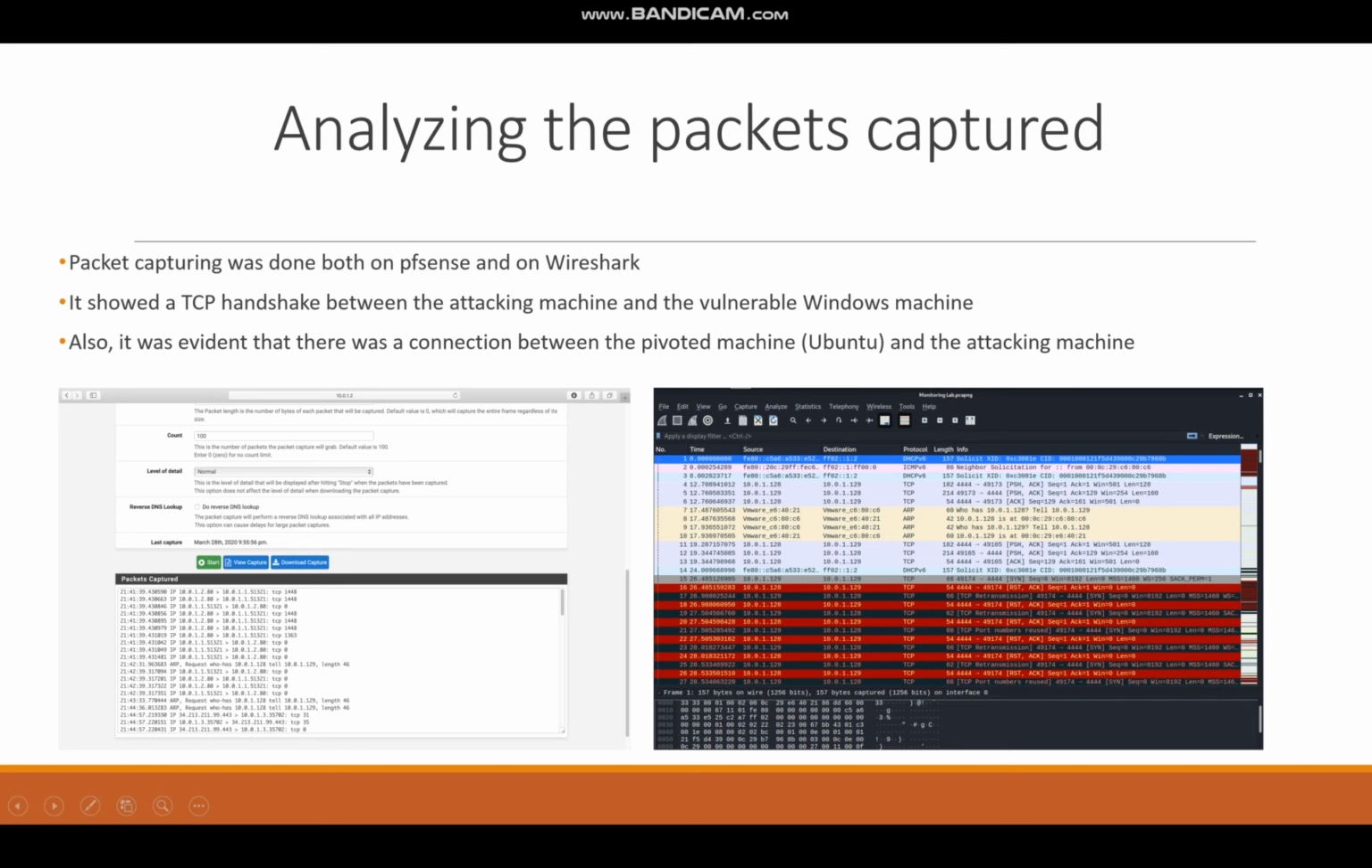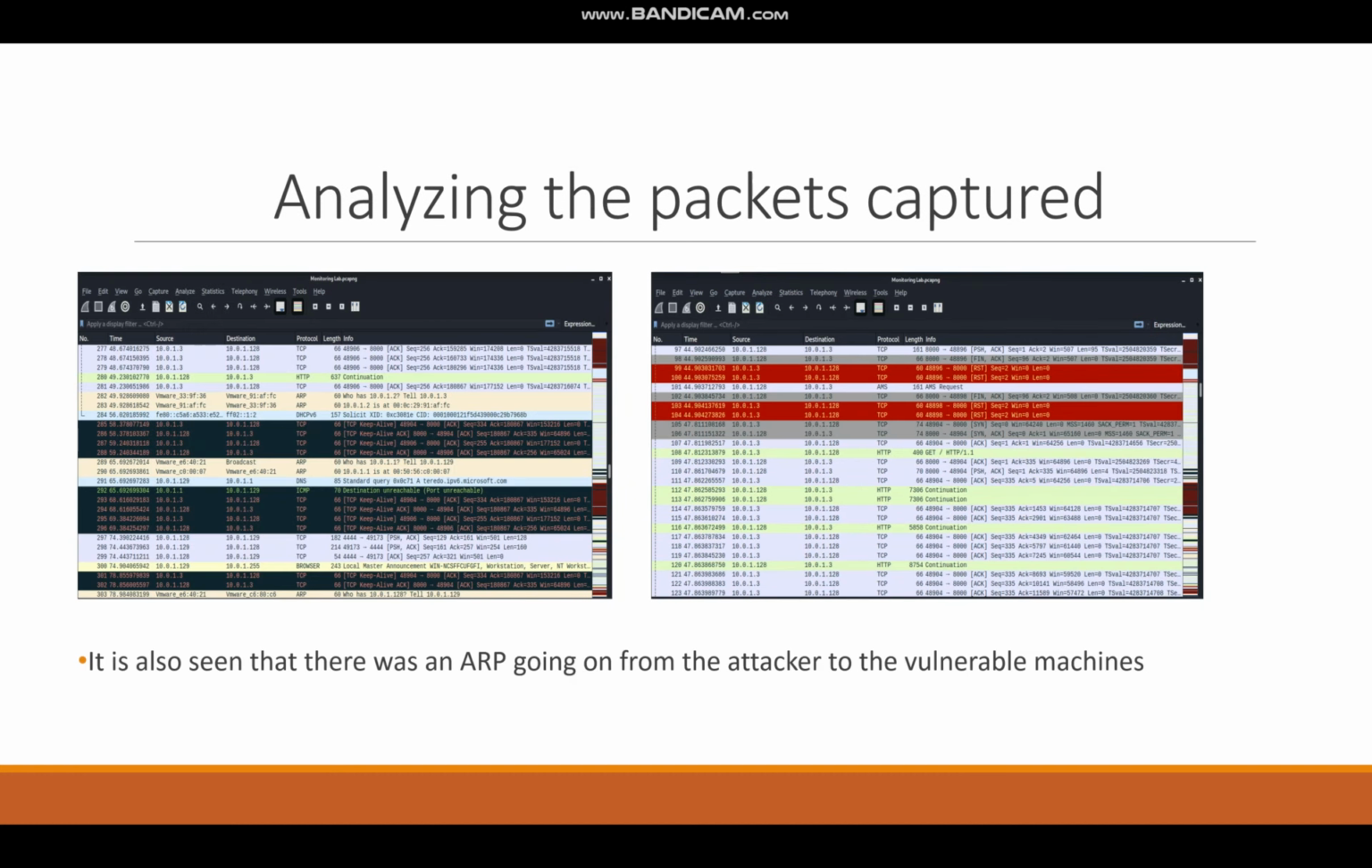And again, another interesting thing, one of the things we learned in class was to capture through Wireshark. Wireshark is on our Kali machine, so we captured the traffic through Wireshark as well. And it's also evident here that there were communications between our attacking machine and the Windows machine, and our attacking machine and the Ubuntu machine as well. From there, we can look at the next slide, which shows